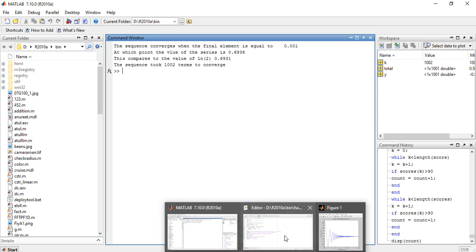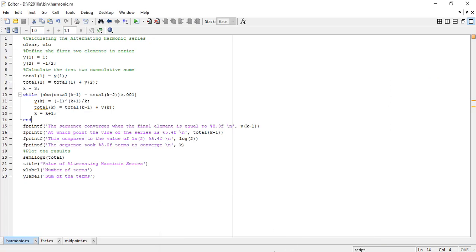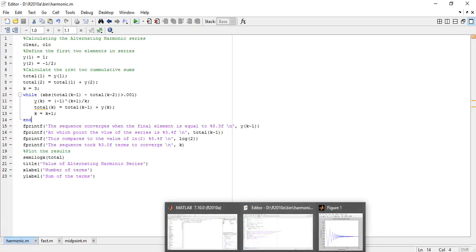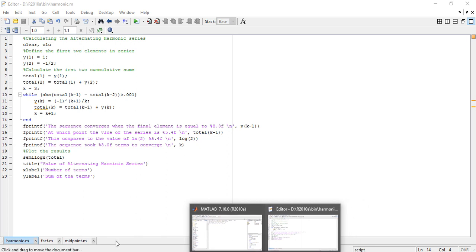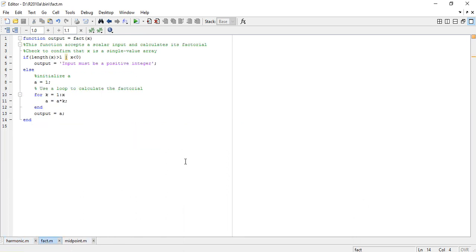Similarly, I have written a program for loop as well to calculate the factorial. Now here I am using the for loop. So when I run this program,